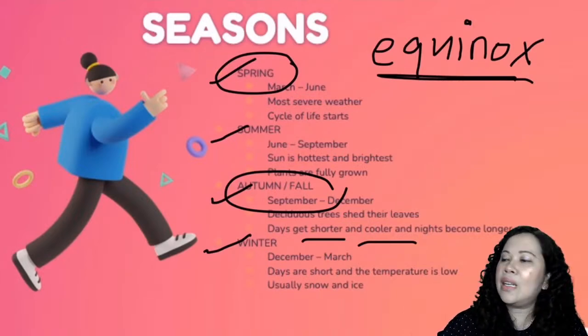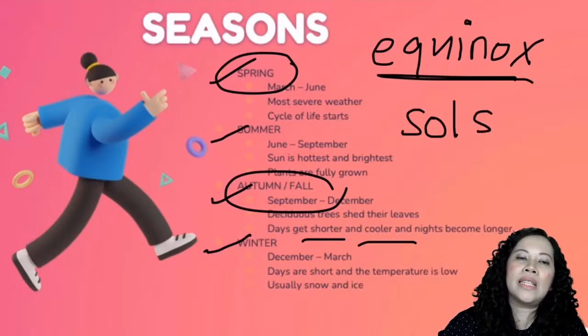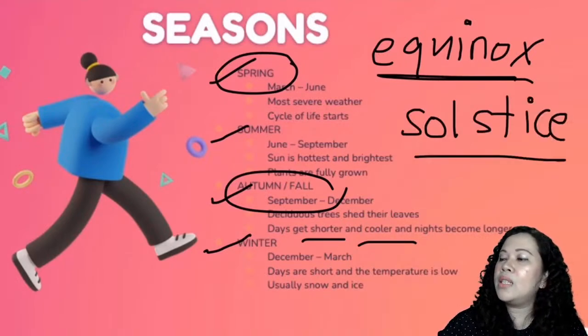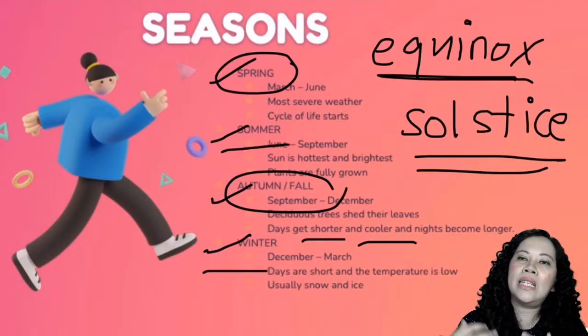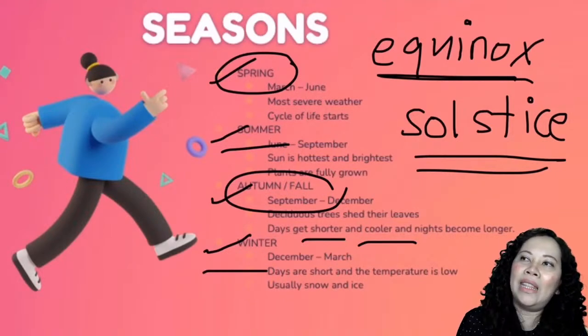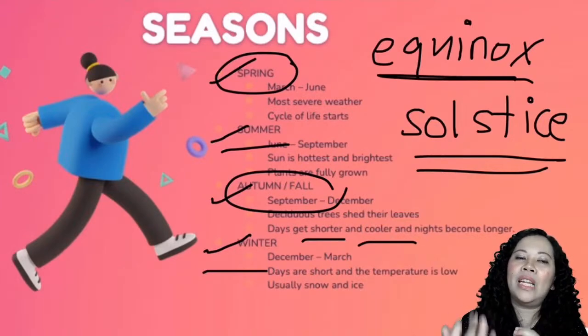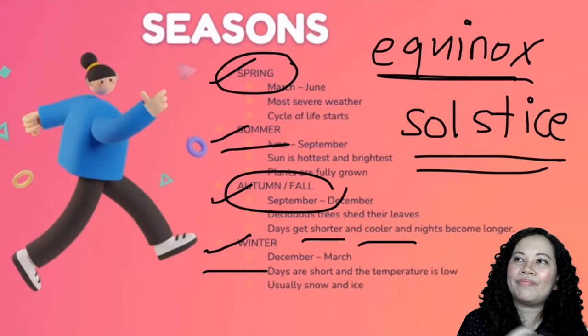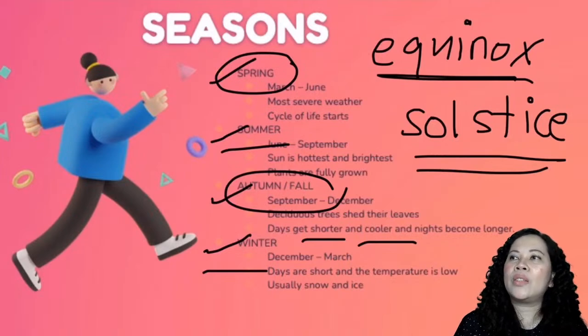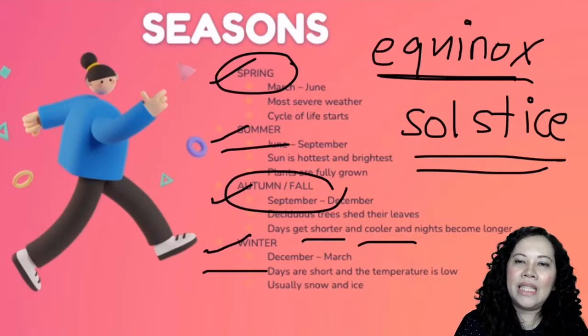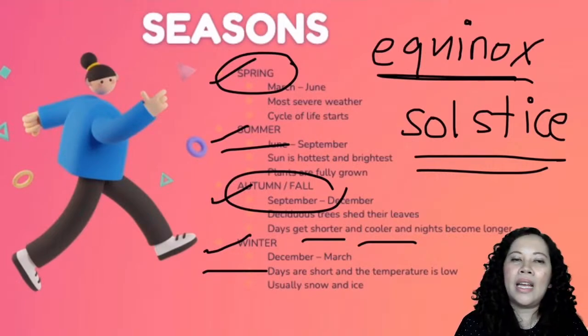And of course the second one, we have solstice. I think you're familiar with these words. Solstice for your winter and summer. So when we say solstice, this is the result of the change of the length of your days. Okay, the change of the length of your days and nights. All right, so you might have shorter days or longer days. So that is because of the tilting and the amount of sunlight that we receive. Okay,